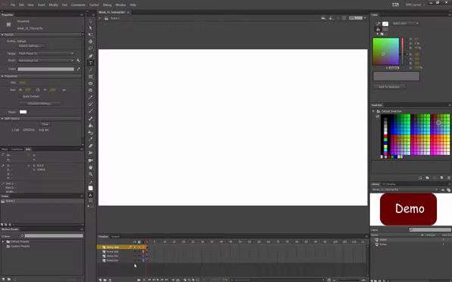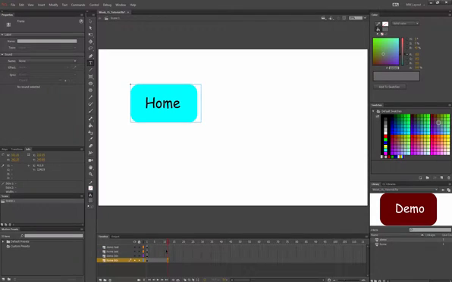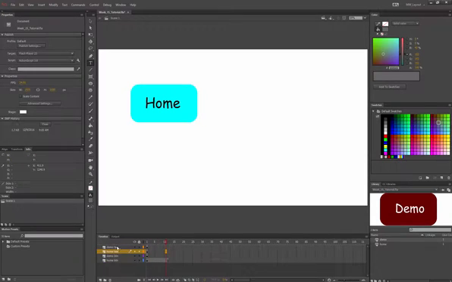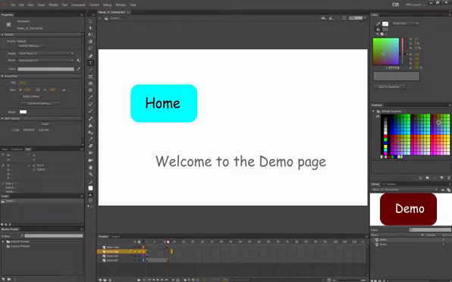They're each separate. So let's pretend we want the demo page to start after frame 10. So let's see what we got here. So this is about 10. So I'm going to select this keyframe. See if I can move it. Let's put it right here, just to be on the safe side. And then for the home text, I'm going to